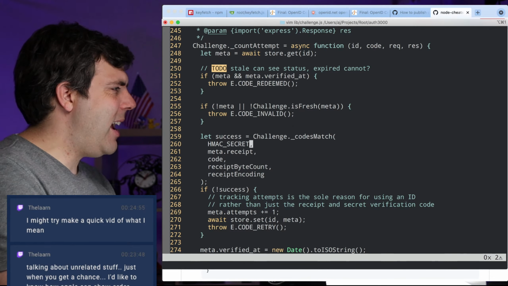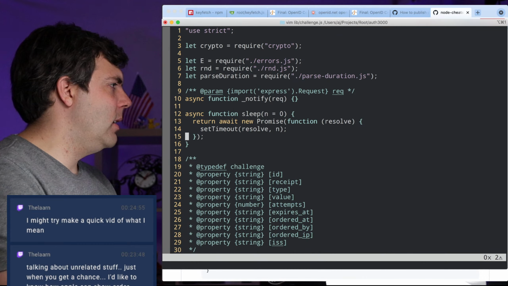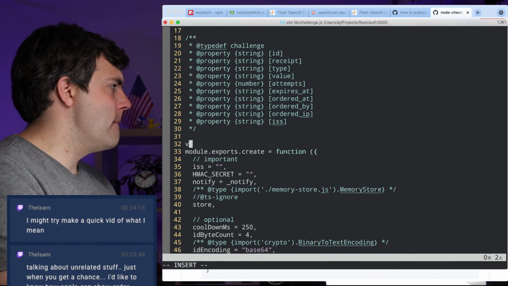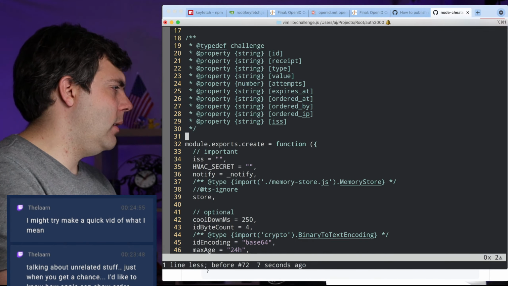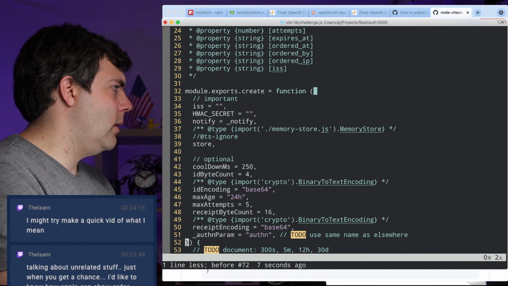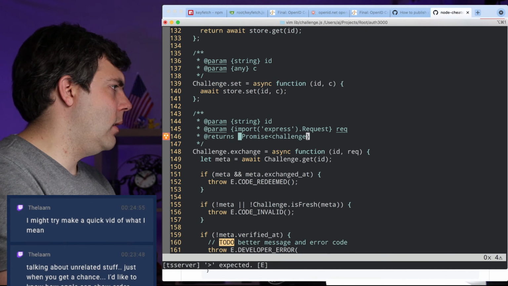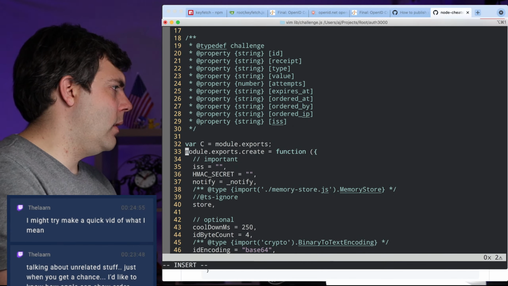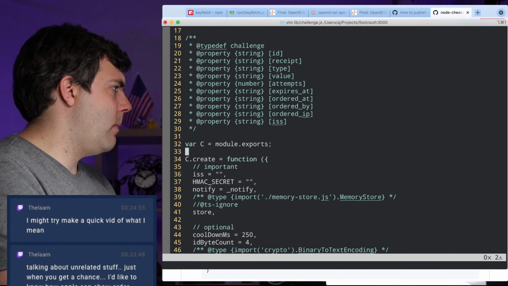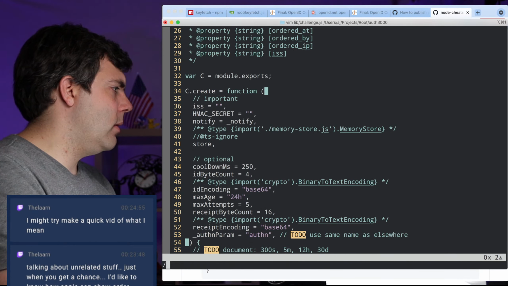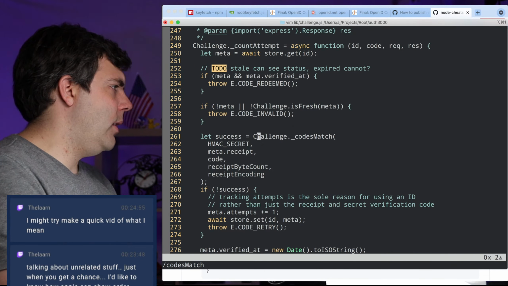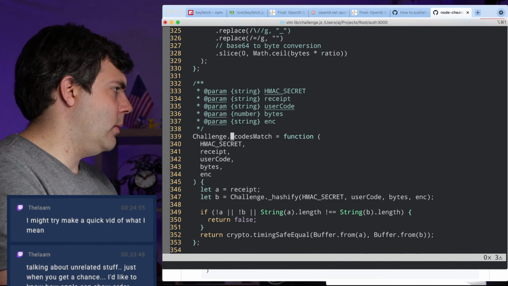Well, this one is one that kind of feels like, I don't know, var c equals module.exports, c.create. But then there's a couple of these things, such as codes match, that I think really do belong elsewhere.